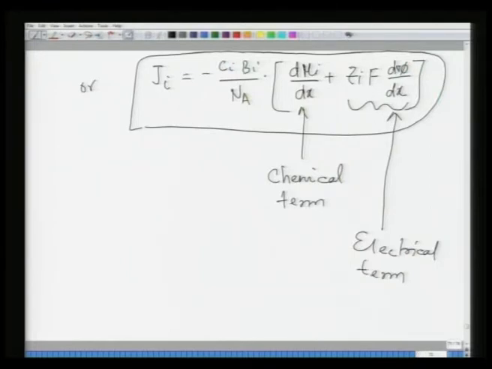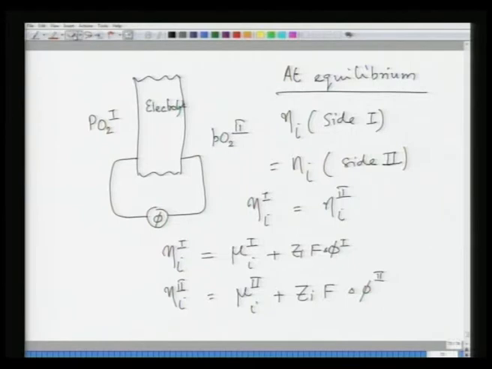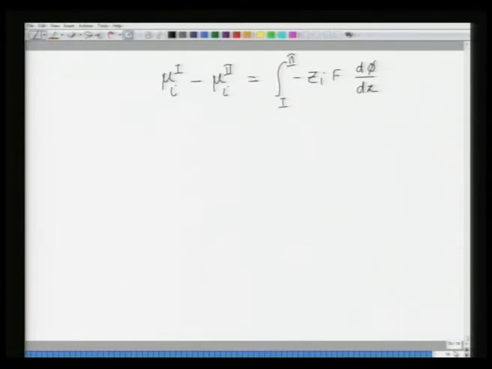Here it should be like this. Here again we just make these signs correct, otherwise there will be confusion. So, now you have taken both of them on one side. So, chemical potential of side 1 minus chemical potential of side 2. Here what I have done is this negative sign will come out, and I have taken electrical potential of side 2 minus electrical potential of side 1. So that is why this negative sign has come out, and this becomes equal to minus Zi F,